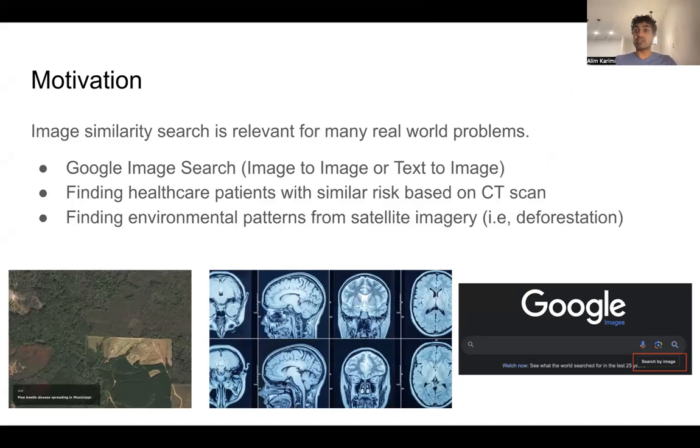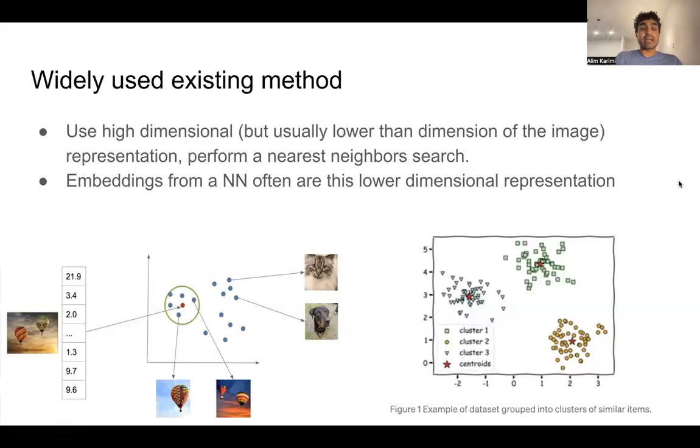In Google, we can not only input text to get web results, but we can also input an image and get other images. In medical imaging and in Earth observation, satellite data imaging, we can input an image and say, look for other images that manifest a certain condition seen in a CT scan, or say some environmental pattern that we see on Earth. And a lot of times,